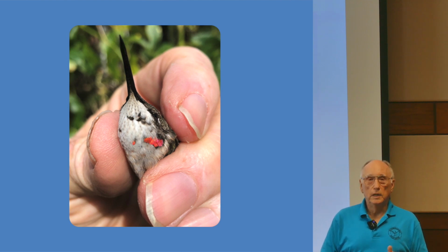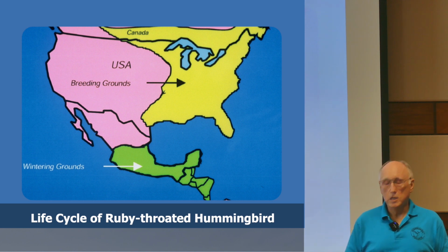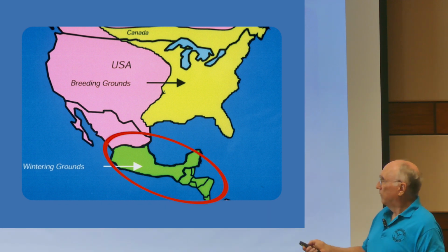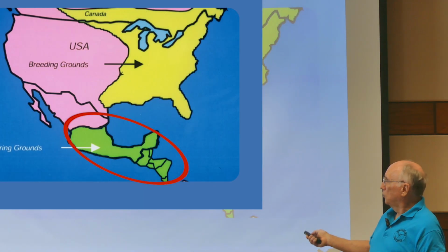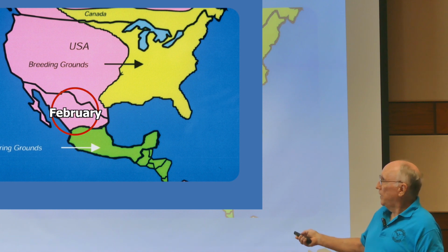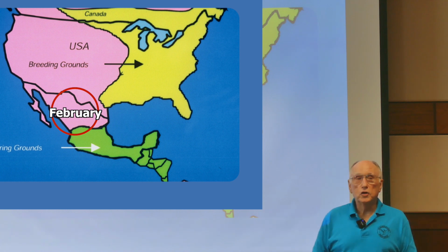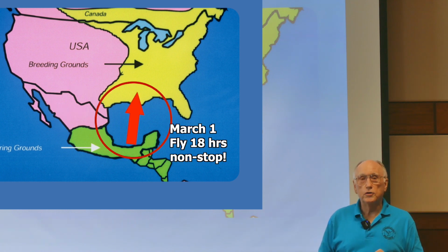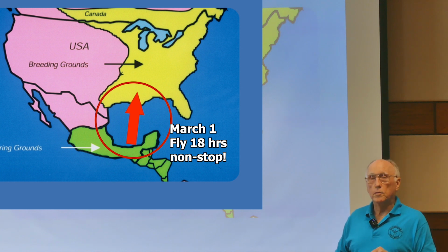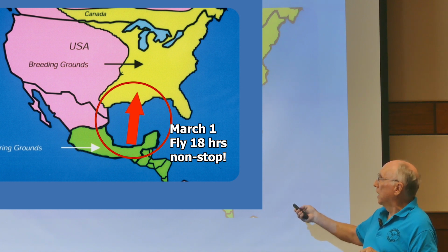Now let's talk a little bit about the life cycle of ruby-throated hummingbirds. They winter from about central Mexico down through Central America down to northern Panama. In February, they start putting on weight and moving north into Mexico. And you can look at your calendar, and just about the 1st of March, the first adult male ruby-throated hummingbirds are going to launch off at night anywhere along here, and they're going to fly 18 hours nonstop across the